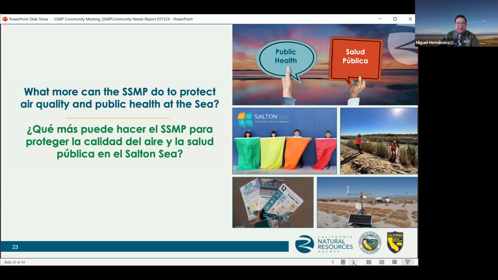The reports lay out a good list of what we're currently doing to address that, and the opportunities we have for addressing those needs in the future.